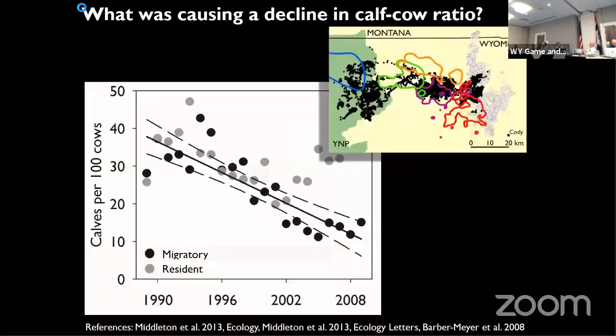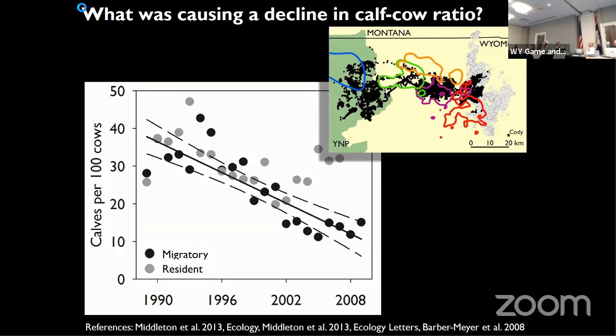And so the big questions then were about why we were essentially seeing this population almost diverge into two distinct herds. You could almost say a migratory herd more in the backcountry and this resident herd burgeoning in the front country. And so I'm just showing you here calves per 100 cows. In black, you're seeing over a couple of decades this decline becoming increasingly steep of calf-cow ratios in the Clark's Fork elk herd. And so that was the concern, to very low levels, a lot of concern to managers.